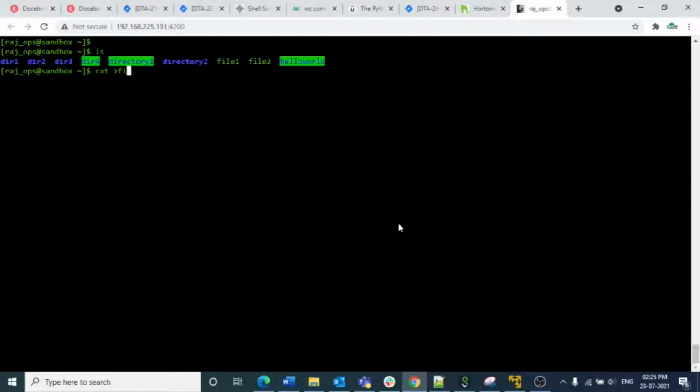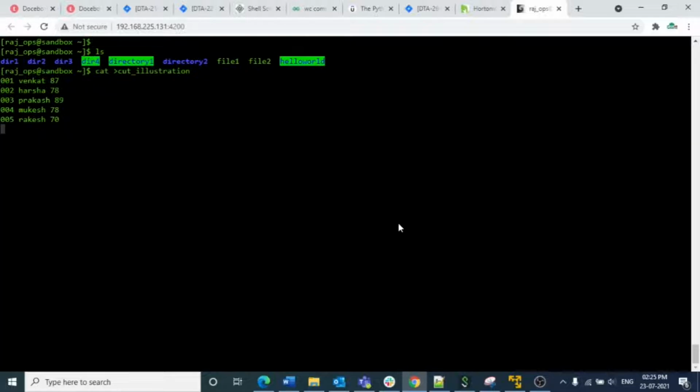The file name is cut_illustration, and inside it the data I want to give is: 001, the name is Venkat, the percentage is 87; 002, the name is Harsha, the percentage is 78; 003, the name is Prakash, the percentage is 89; 004, Mukesh, the percentage is 78; and 005, the name is Rakesh, the percentage is 70.